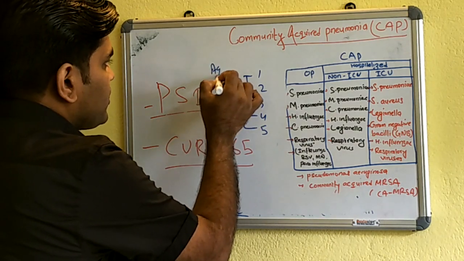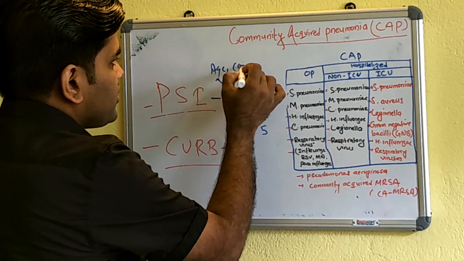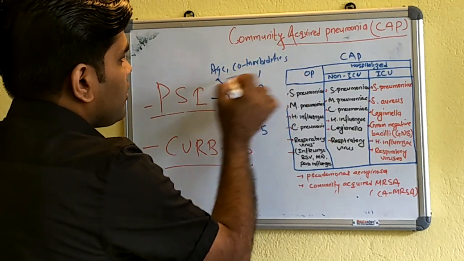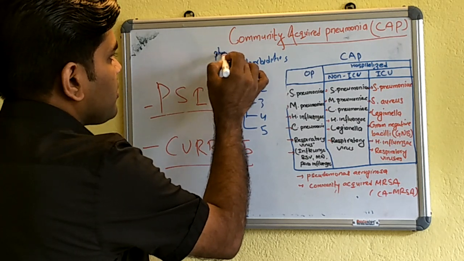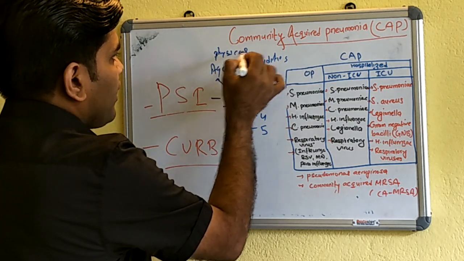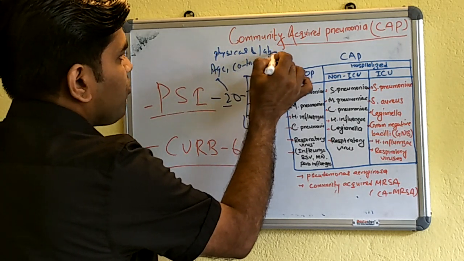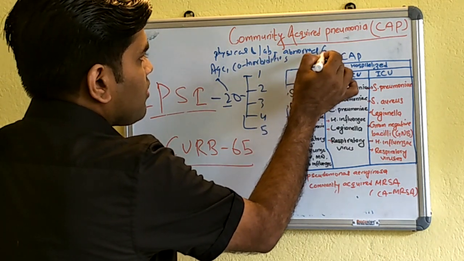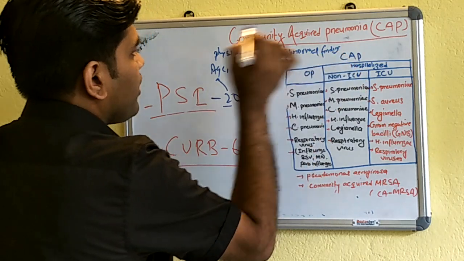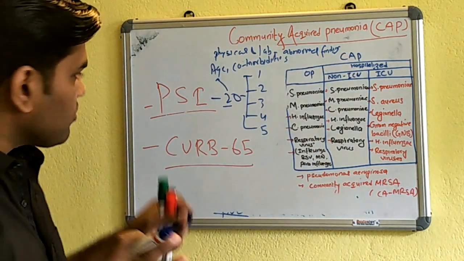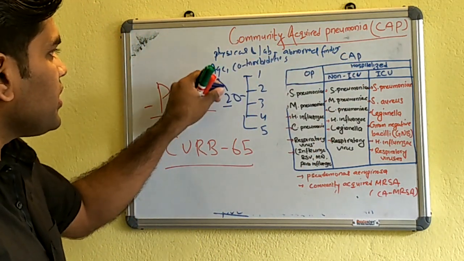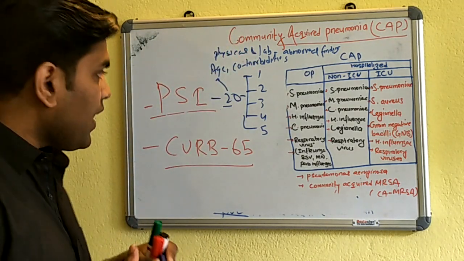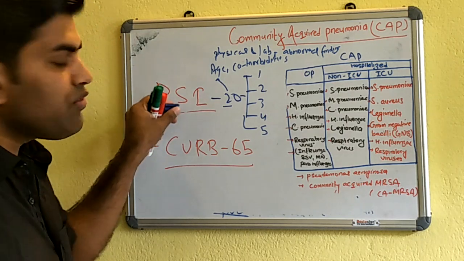It mainly includes age, comorbidities, then other things in the physical examination and laboratory abnormal findings. So there are actually 20. Comorbidity, physical and laboratory abnormal findings are included, and according to that, this pneumonia severity index